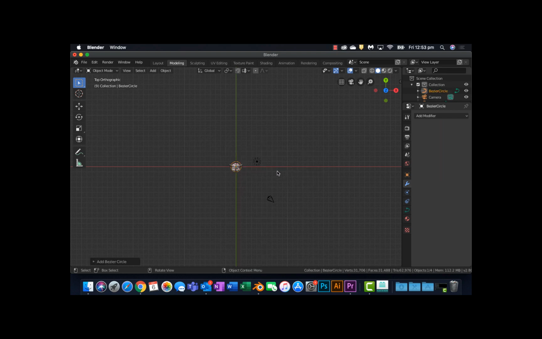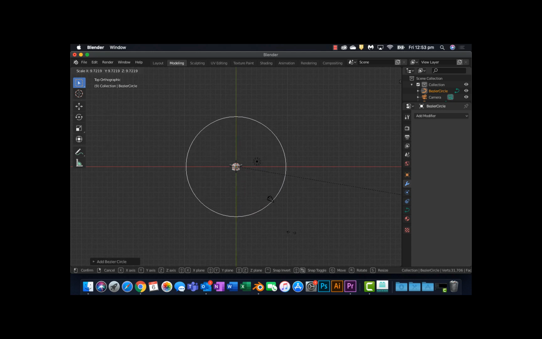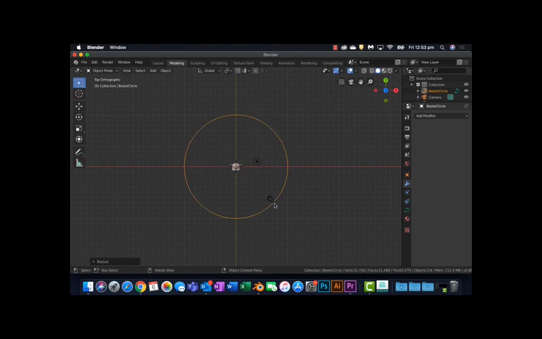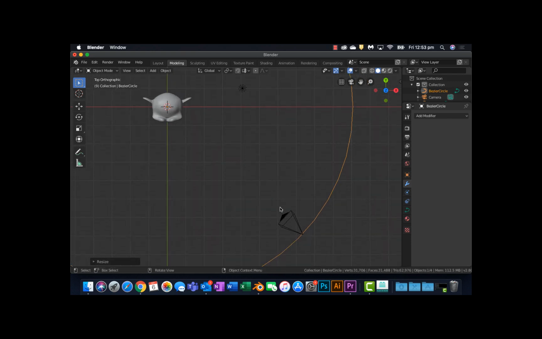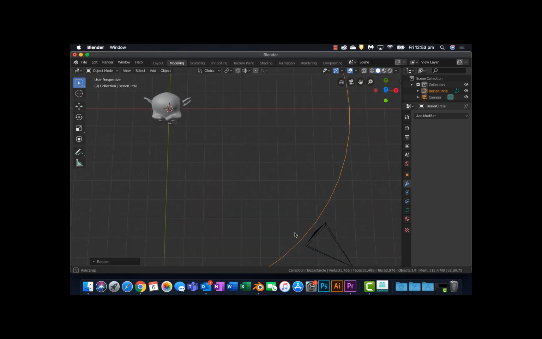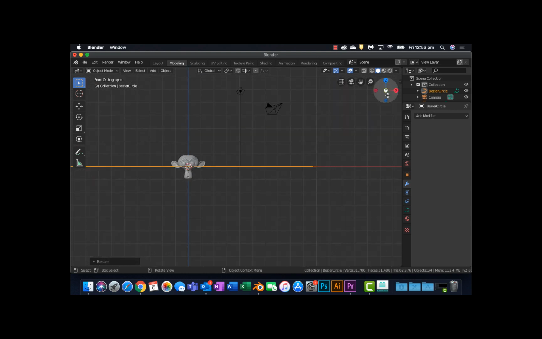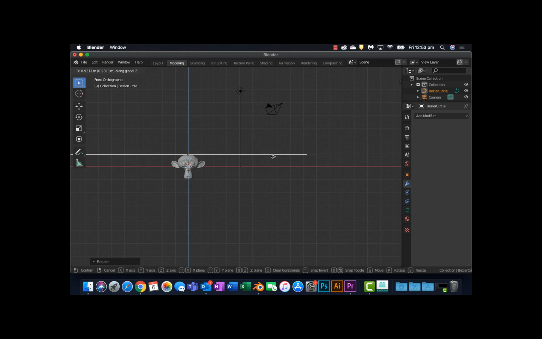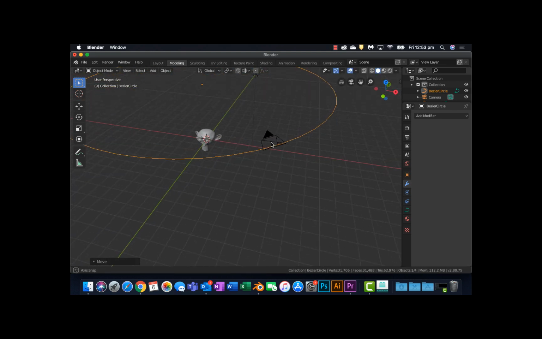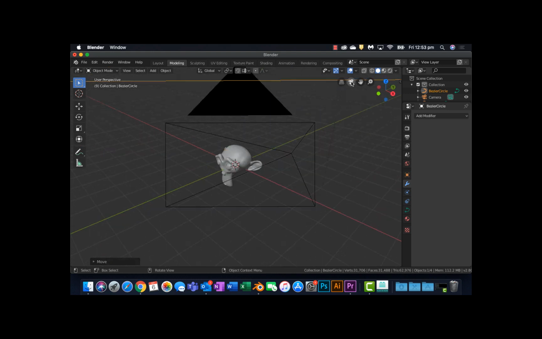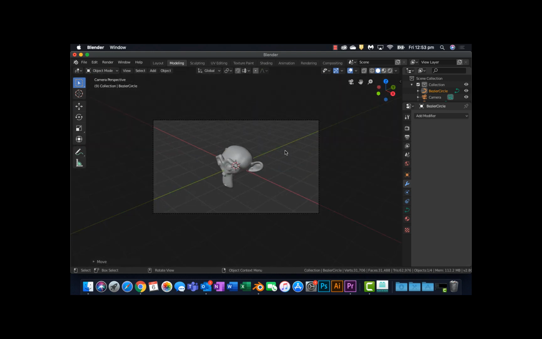This circle's not big enough. Scale, S for scale. Pull away, and I make that circle touch the edge of the camera. Right about there. If I look from the side, they're not at the right height. So I'll look properly from the side, and I'll go G for grab, Z for the Z-axis, and pull it up until it's aligned with the camera. If I want to look through the camera, I can see my camera is pointing in the right direction. If yours is not,